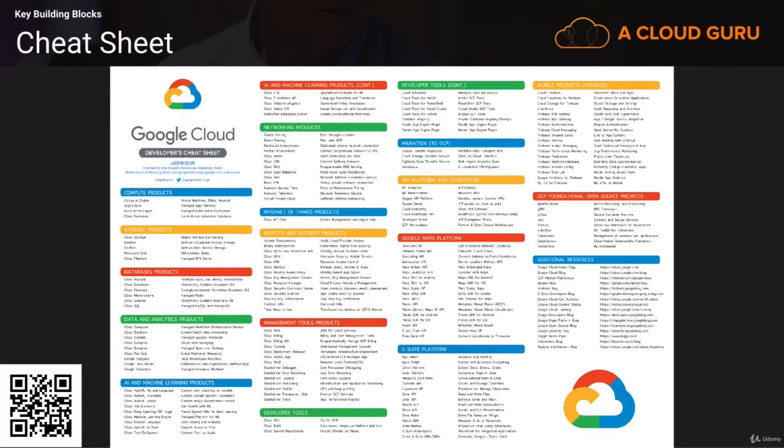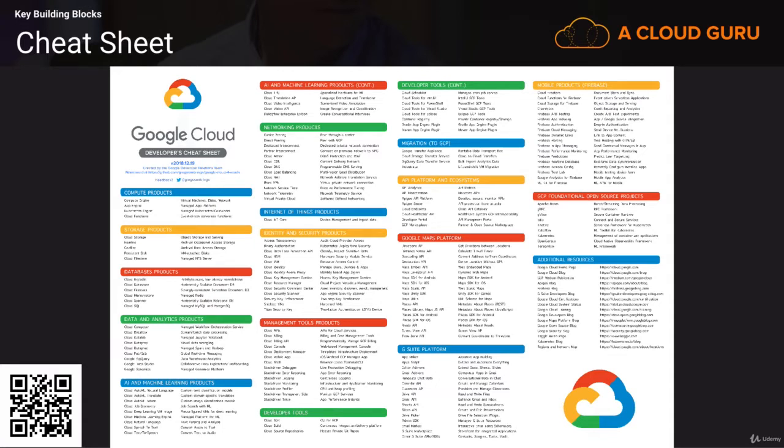Now, before we jump in, let me reassure you that I am not going to read out and talk about every line on this document. My purpose here is to give you a feel for the different products that Google Cloud offers, and to give you a bit of a heads up on some of the ones that you're going to come across. Truth be told, there are some items on this list that you will never have to deal with in your entire life. I'm not going to be able to list those items because it's going to be different for different people. But I want to talk a little bit about the ones that you are likely to deal with